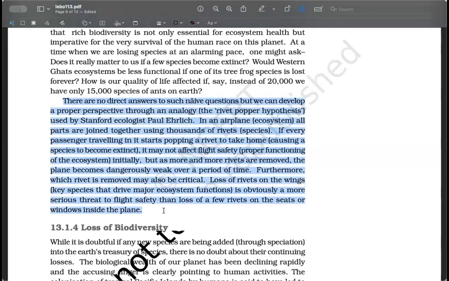So first, write down this question: why is species richness essential for ecosystem health? Because if it is not true, then what you are saying makes all the sense. It might matter for some organisms like a frog, but then we can let 10,000 species of ants just go extinct and it should not matter. And then the whole debate will start to identify which species matter and which species do not matter.